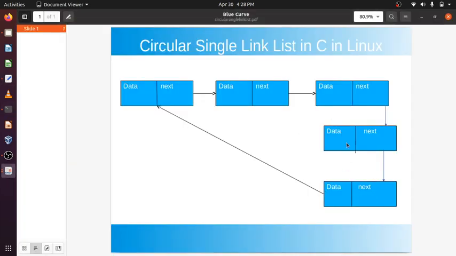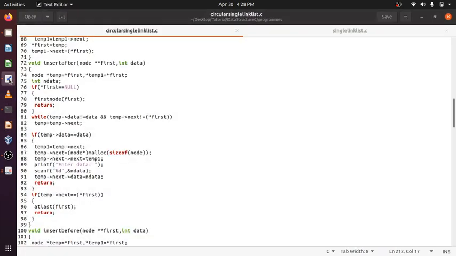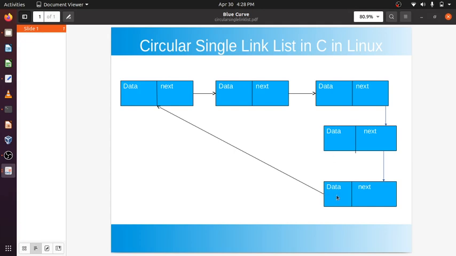Suppose for the last element I need to insert after, temp will be pointing here, temp 1 will be pointing here.